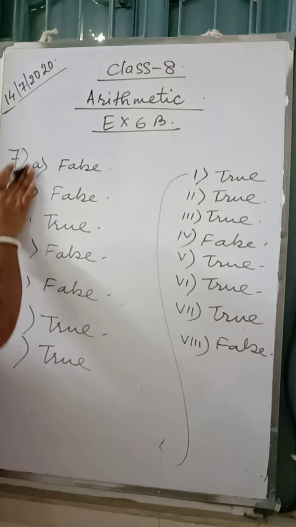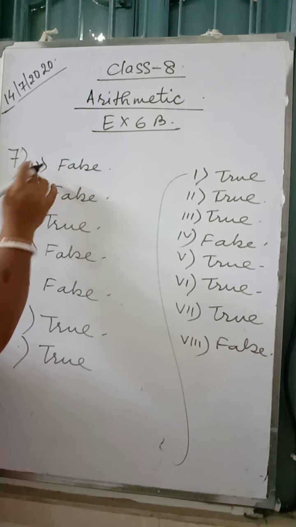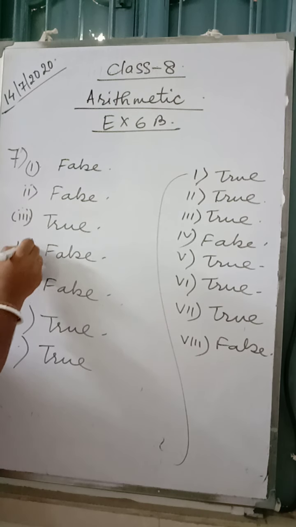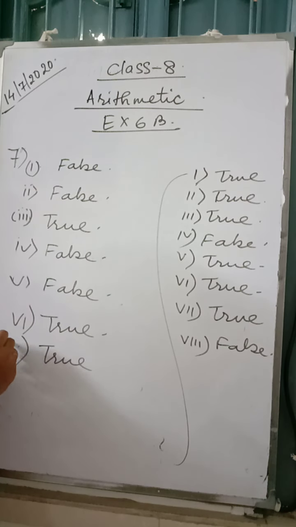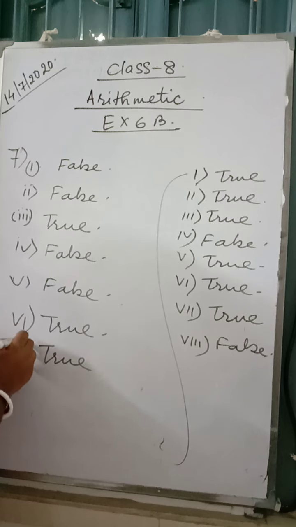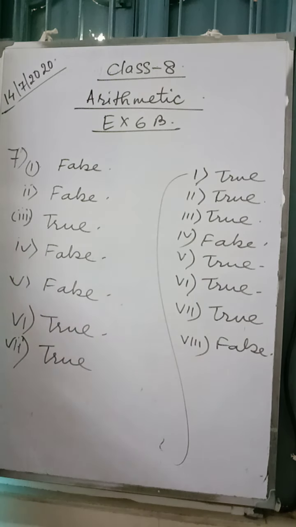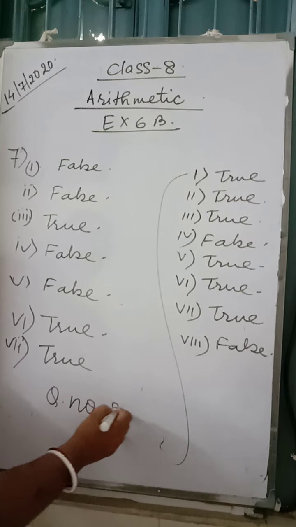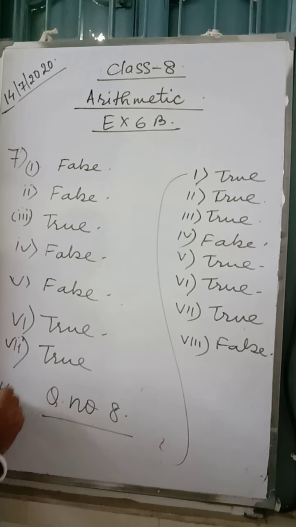This number is given 1, 2, 3, 4. I have written 1 ABCD. Do not get confused, the same thing. One, two, three, four, 5, 6, 7. Yes, there are 7 only. Now question number 8 is a homework. Set builder form. You have to write it. I am not going to write question number 8.